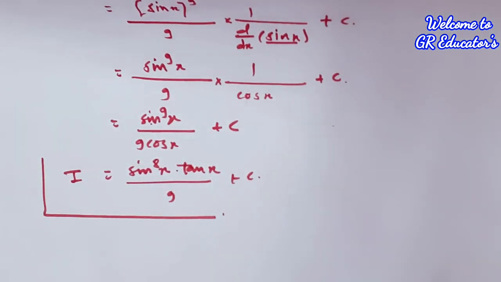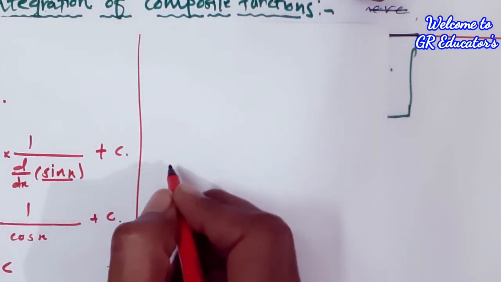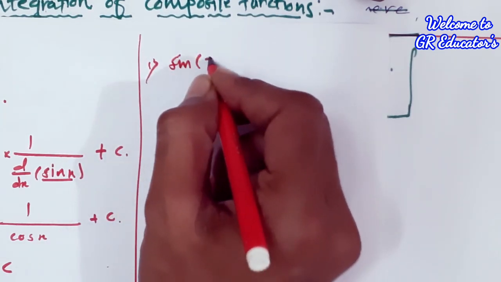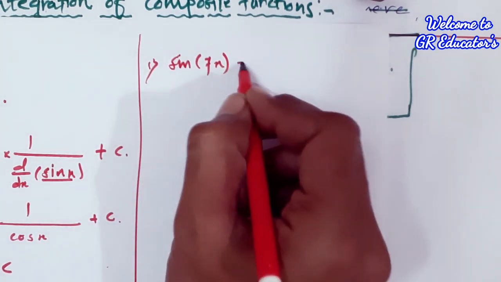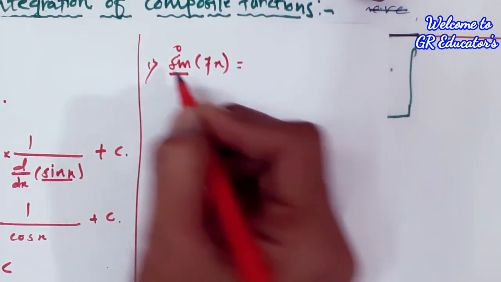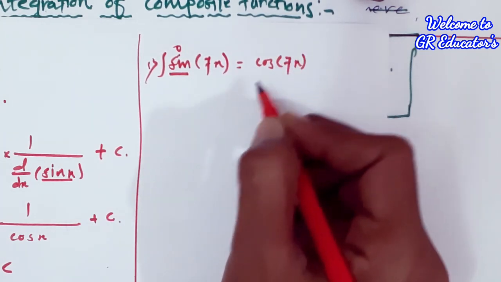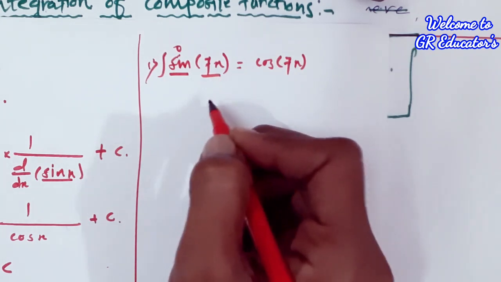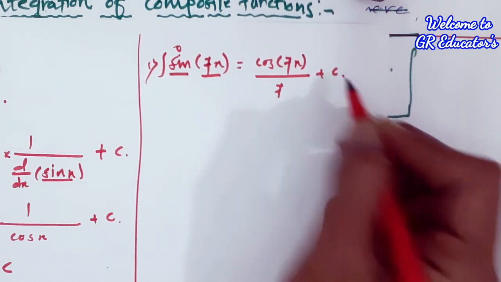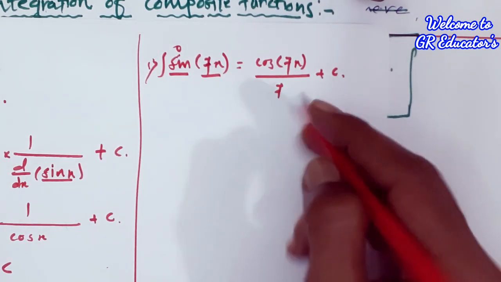In another way, this composite function may be defined like sine of 7x. With the help of this formula, we know that the integration of sine is cos of the angle as it is, and then the derivative of the angle, that is 7x, in the denominator, that is 7, plus c. So this is the composite form of sine 7x. Number 2,